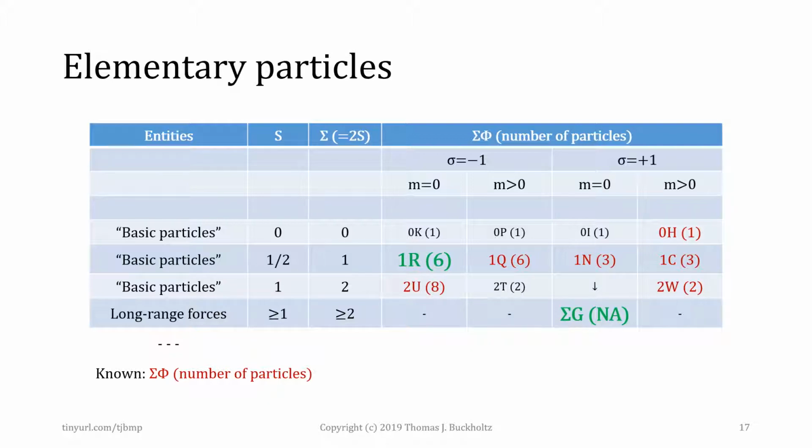We discuss the basic particles for which little sigma equals -1 and the mass is greater than 0. The 0P, or so-called pi particle, might correlate with an attractive component of the strong residual force. The 0P particle might provide an aspect for alternative modeling regarding interactions between hadrons in atomic nuclei.